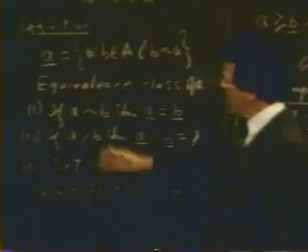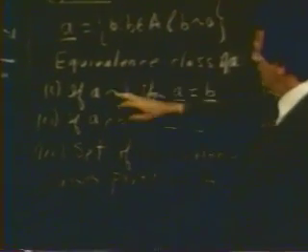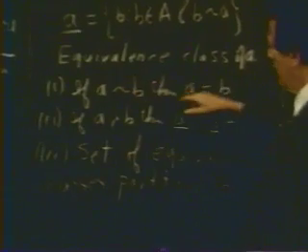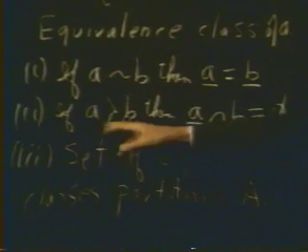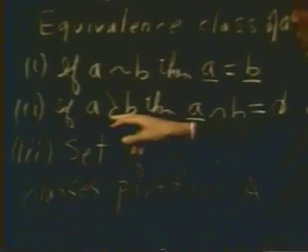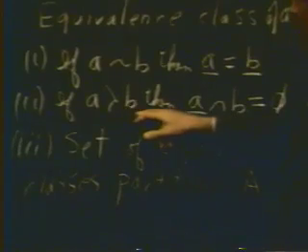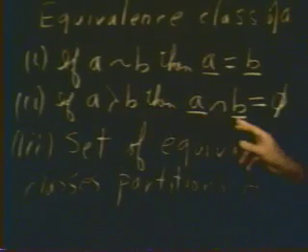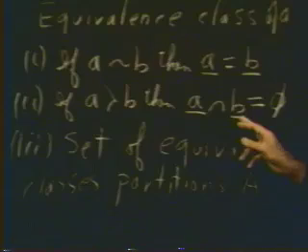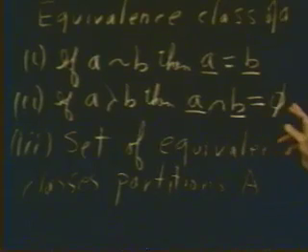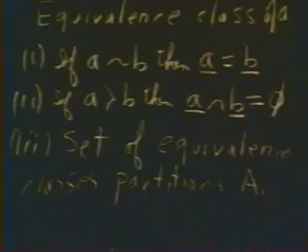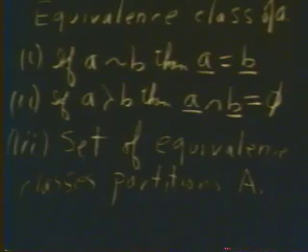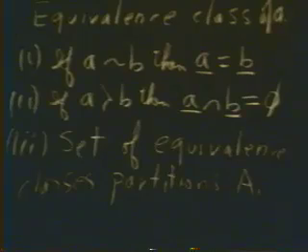Notice in stating these properties, I'm of course assuming throughout that we have given a weak order and that the equivalence relation is the one defined earlier for such a weak order. The second property is that if A is strictly greater than B in terms of our strict relation, then the intersection of the equivalence classes of A and B is empty. Obviously it holds the other way if B were greater than A. And the third property,